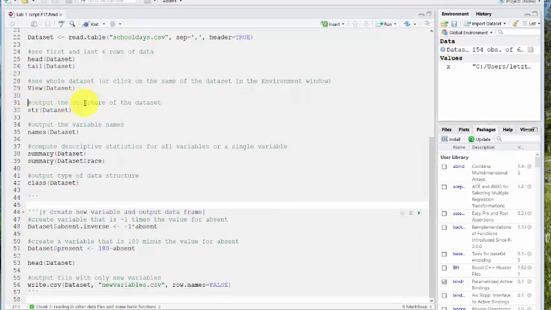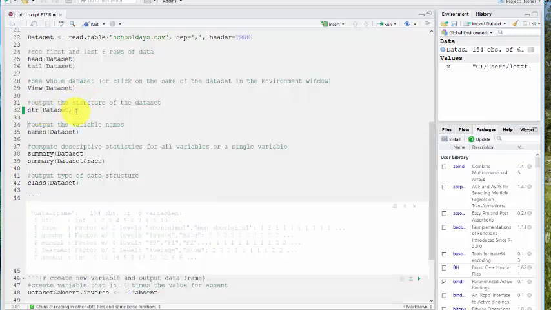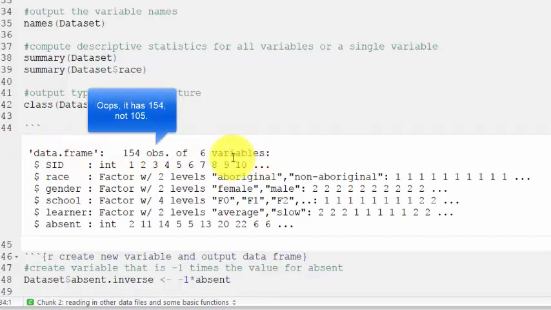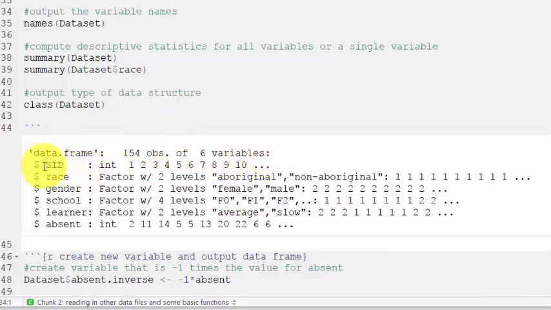You can also output the structure of the data set, so str is the command for that. And then again, we're just referring to the same data set. So here's a structure. It's telling us it's a data frame, that it has 105 observations and 6 variables, and then it gives us information about each variable. So SID is an integer, which means it's a whole number, no decimal points, and then it gives you the first several of those. Race is a factor with 2 levels,